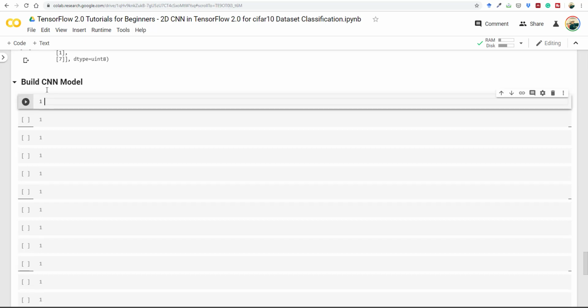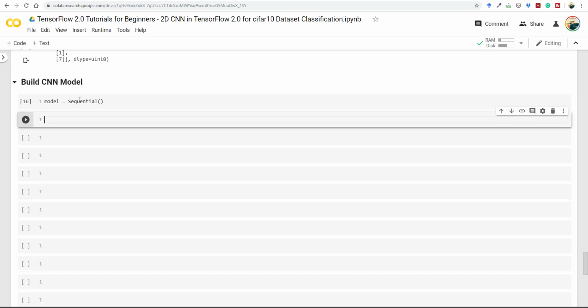Building a CNN model is fairly simple. We need to first get a sequential object here. Once we get the sequential model, we are going to add the convolutional layers, flatten layers, and the dense layers. So model.add,